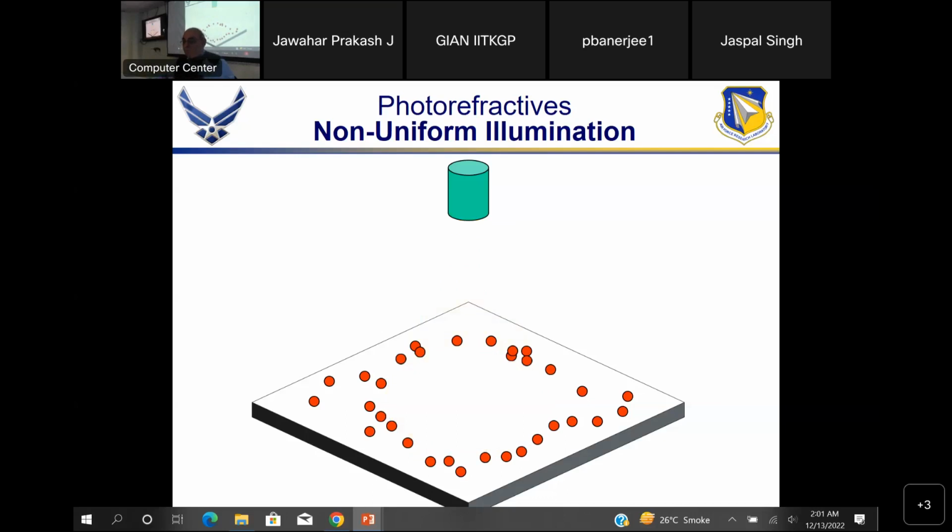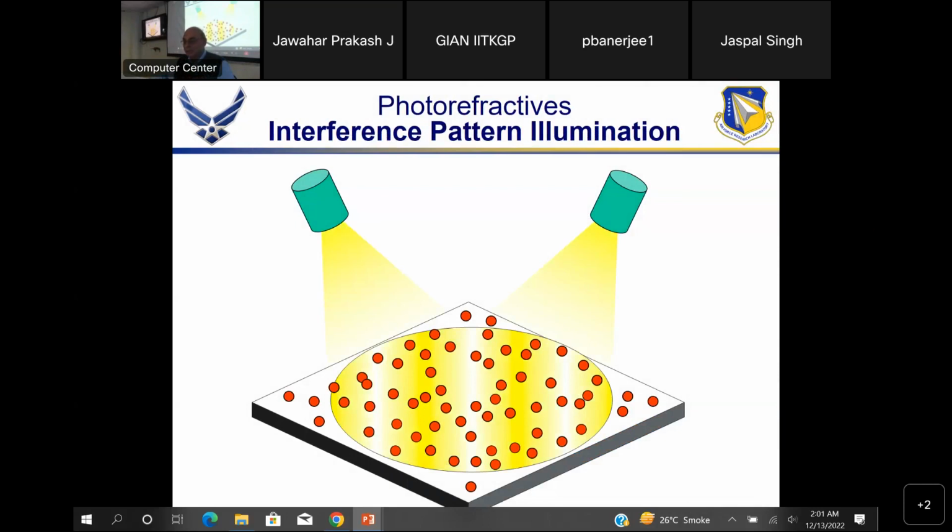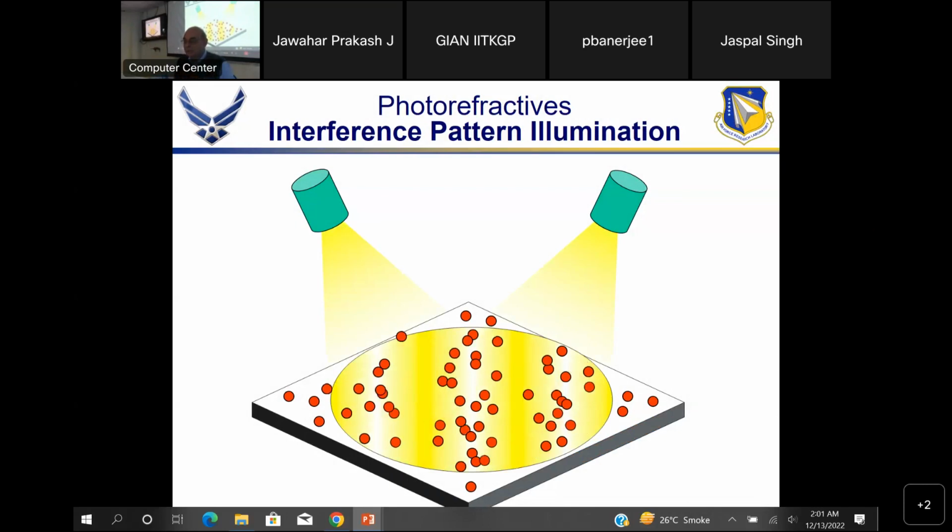Okay, so this is what happens for non-uniform illumination, but how about this kind of non-uniform illumination? Say, this is just cartoon-wise drawn as two light sources, but they have to be mutually coherent. So they're mutually coherent light traveling at two angles, you get a sinusoidal pattern, right? So if you have a sinusoidal pattern falling on that, regions of bright and dark,